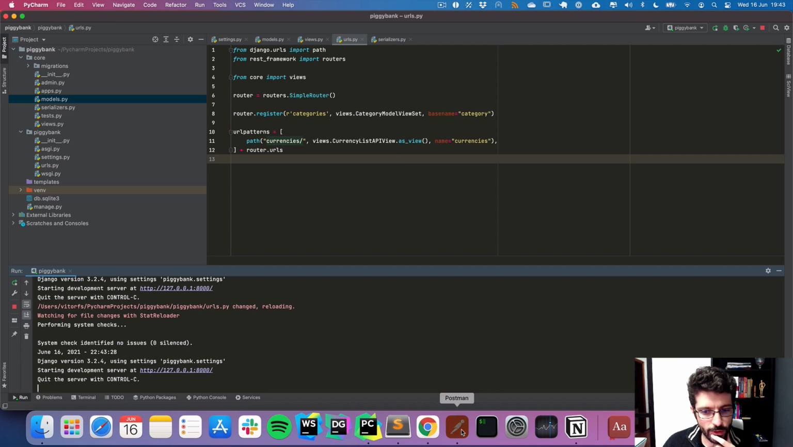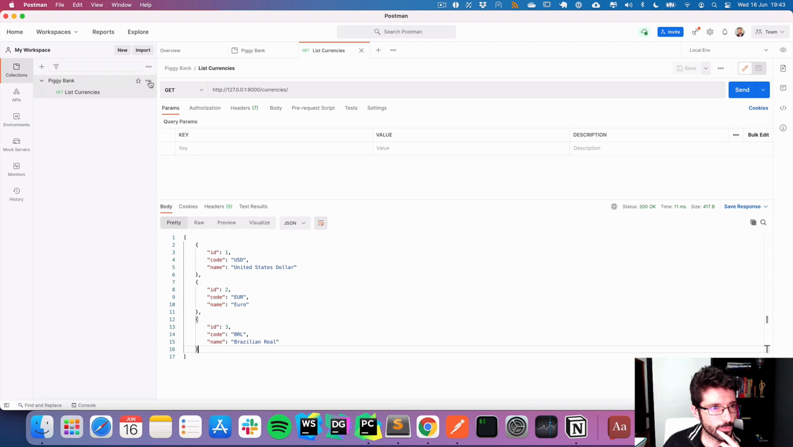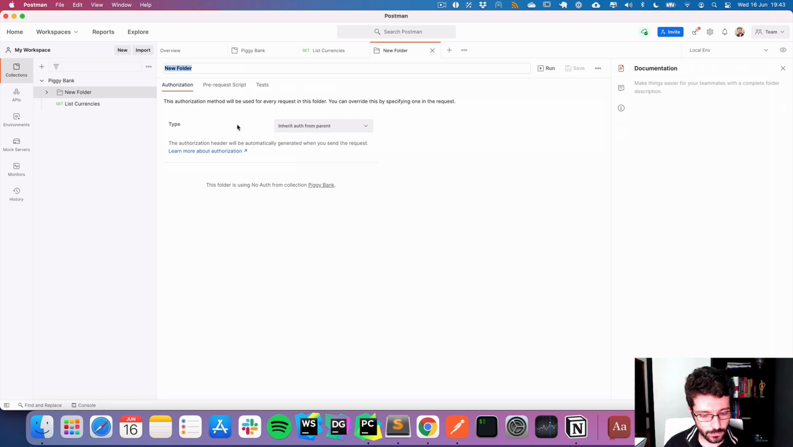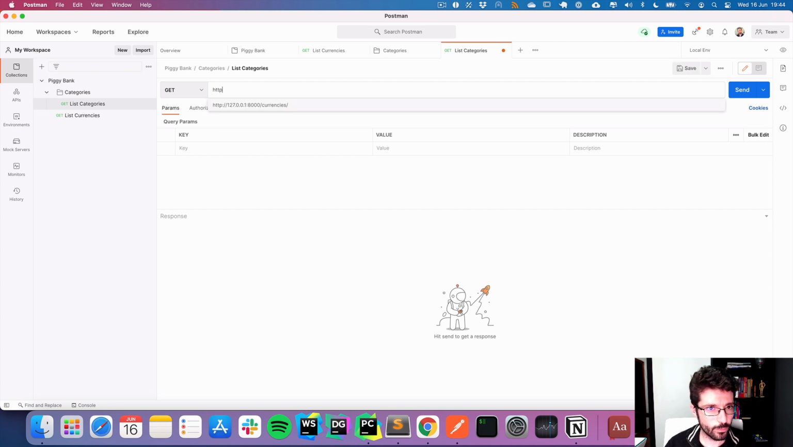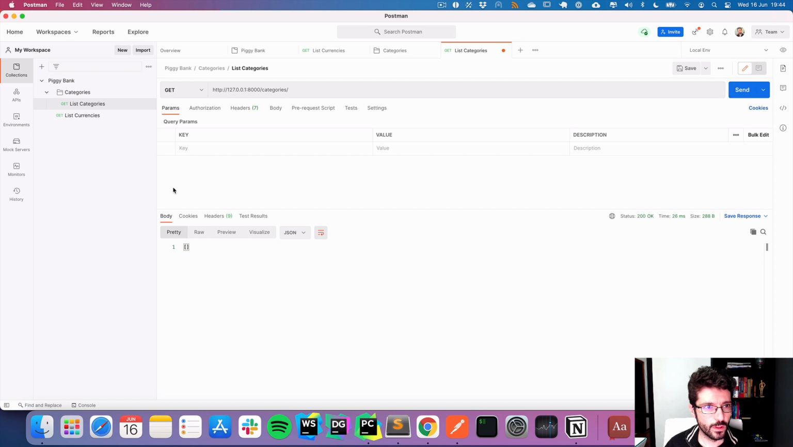So let's jump to Postman again, and maybe now we can create a new folder here, categories. So for example, let's add a new request like list categories. It's going to be a GET request, and it's going to be categories. We can test it. Okay, so nothing here, it's empty, but now we are going to be able to create a new category